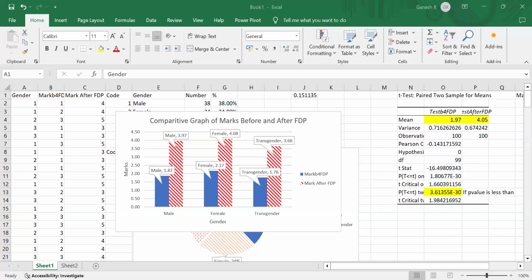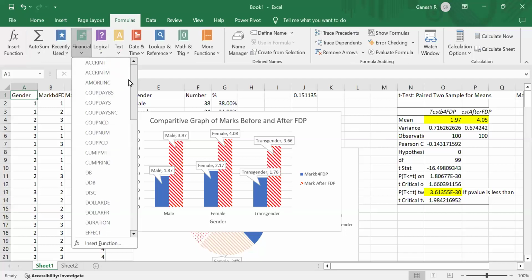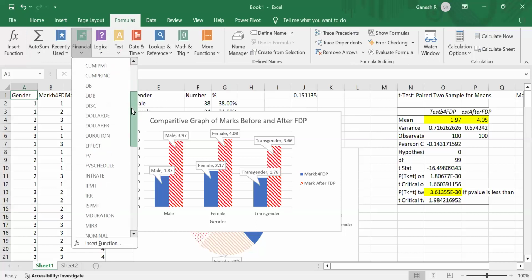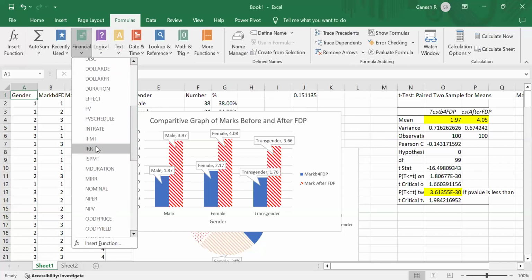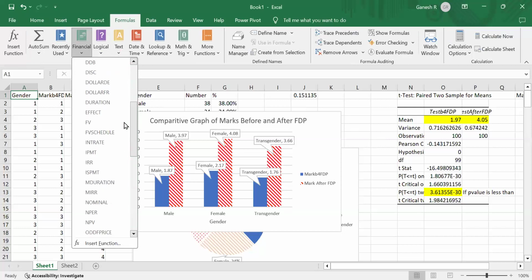They are also asking, is it possible with the capital structure and dividend ratios? Yeah, capital structure and dividend decisions, everything you can use. In Excel, if you click here on Formulas, there you can see all these financial things. If you click Financial, then you can see all those functions like IPMT, IRR, IPMT,